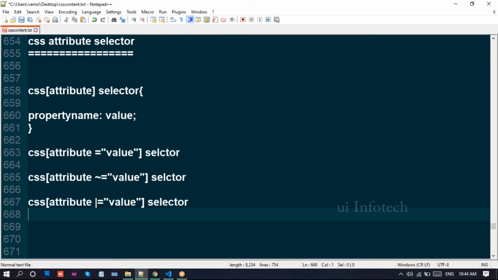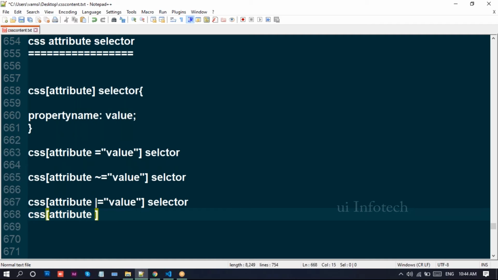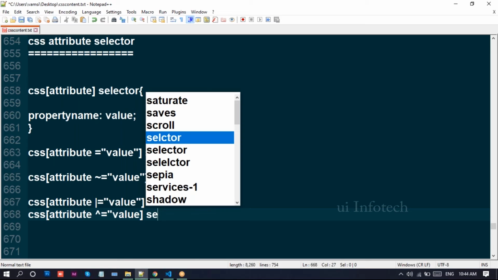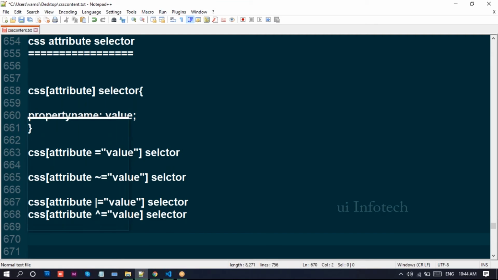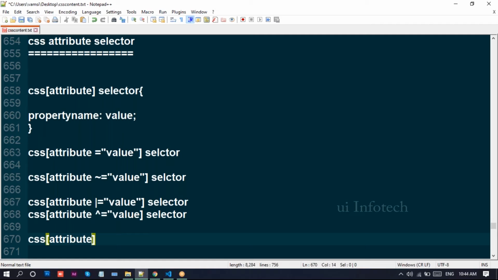So this we can write as a value selector. And we have the CSS attribute cap selector, the cap value selector.